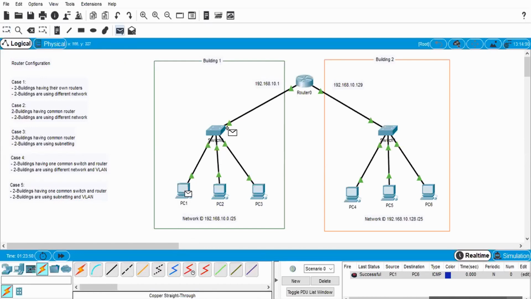Now I can check that I can communicate between these PCs. I can communicate between these PCs also, and I can communicate between this PC and router, and between this router and this PC.